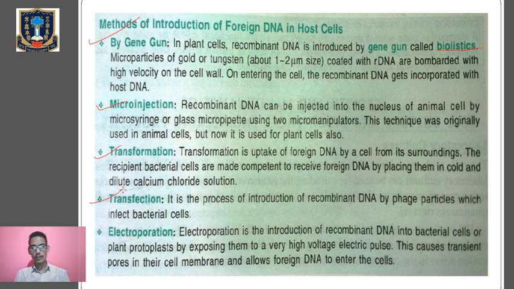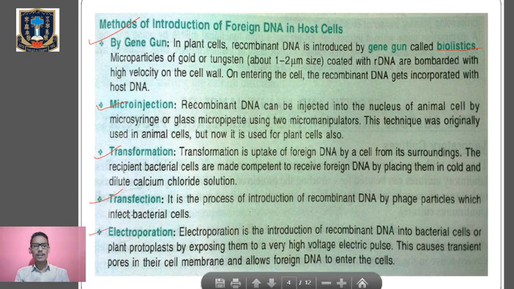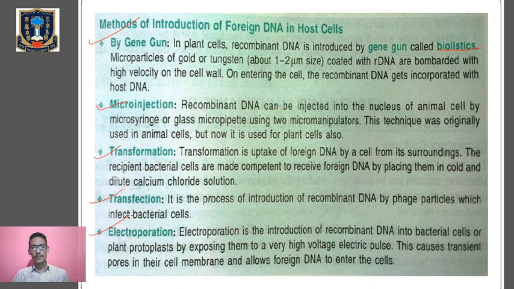So by the help of the phage particles, we are able to transfer the recombinant DNA into the bacterial cells in the process of transfection. So my dear, remember that phage particles means the bacteriophage, the viruses which can infect the bacterial cells. Last one is the electroporation method, in which the introduction of recombinant DNA is done by the help of the high